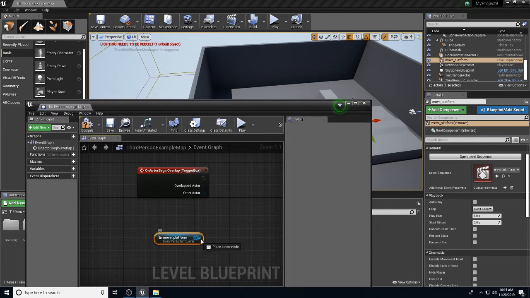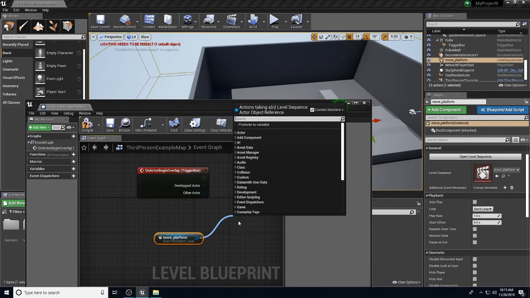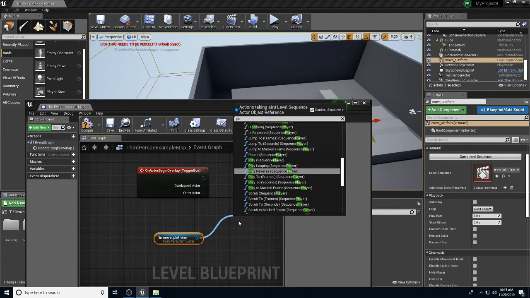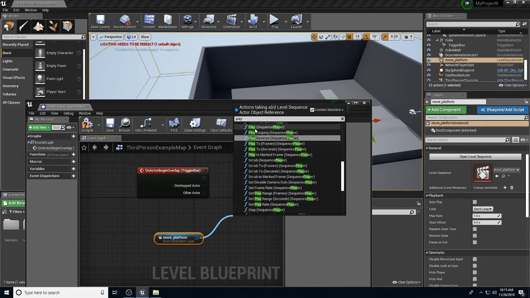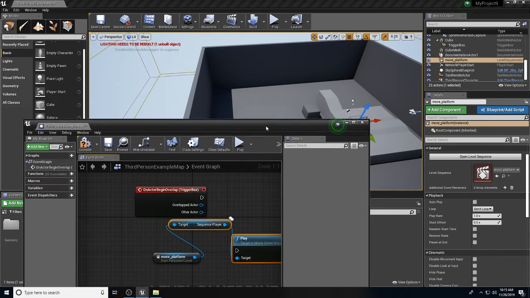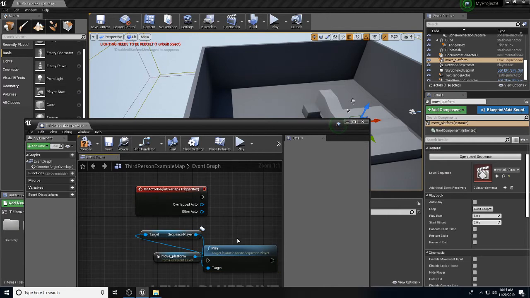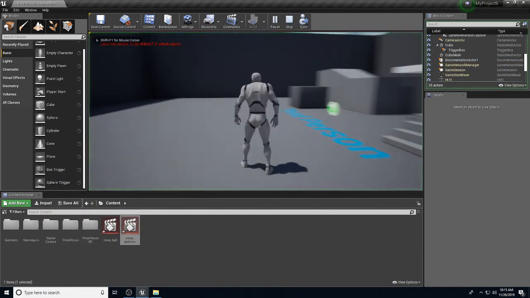Then I'm going to pull a wire off of my reference, type in play, and so I'm going to click on play for sequence player. So if I wire these up, hit compile, and then play my level,